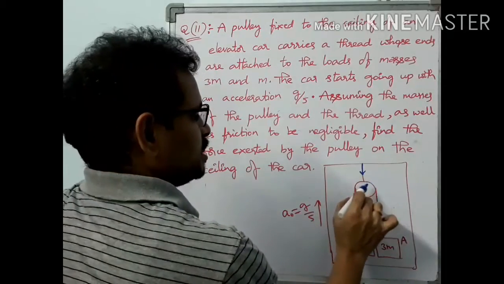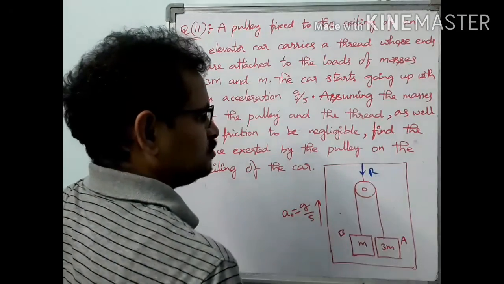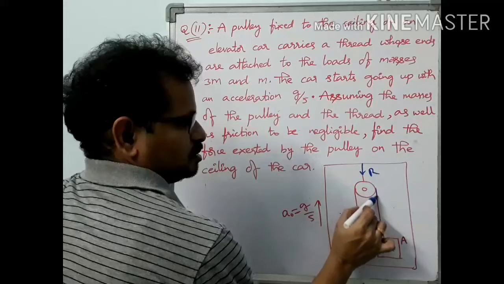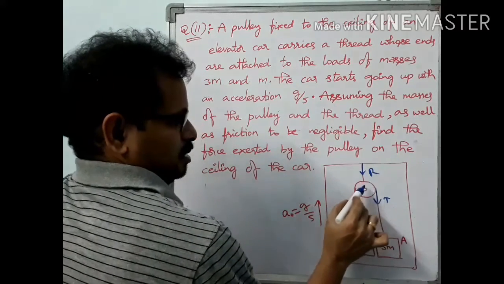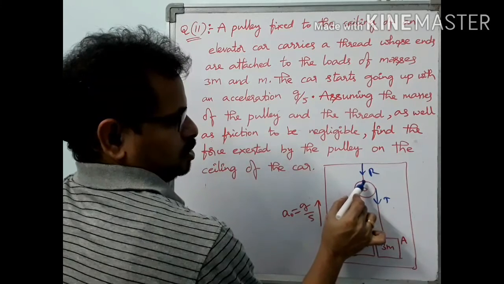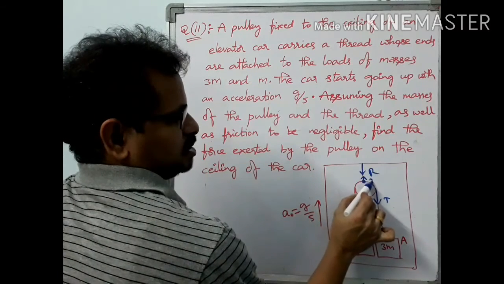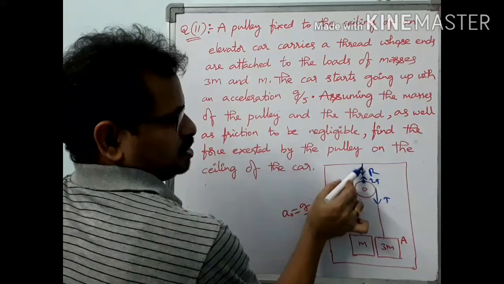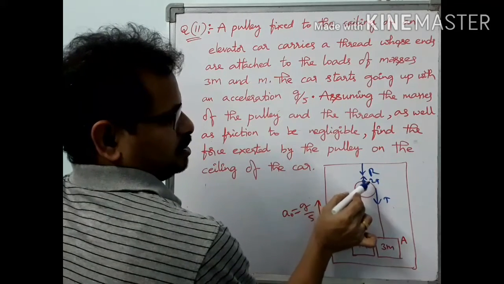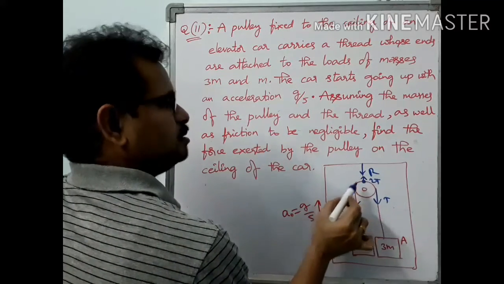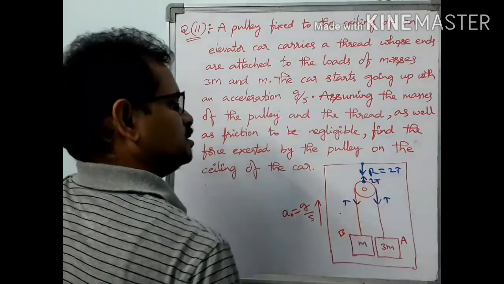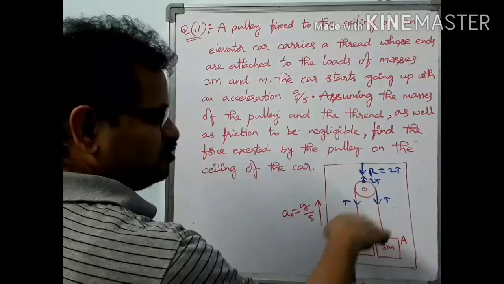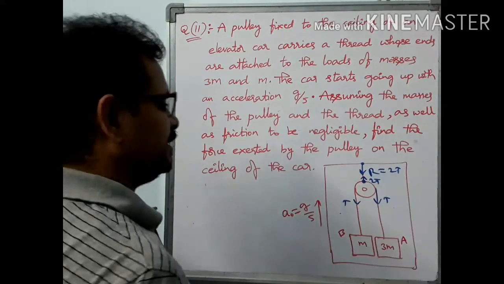That is none other than the reaction force, as this one pulls the pulley down here with T. So this rope pulls the pulley in upward direction with 2T. Therefore in this entire string the tension will be 2T only, no? So at this point also the tension is equal to 2T. So we have to find the tension force in the string, then we will get the answer here, right?